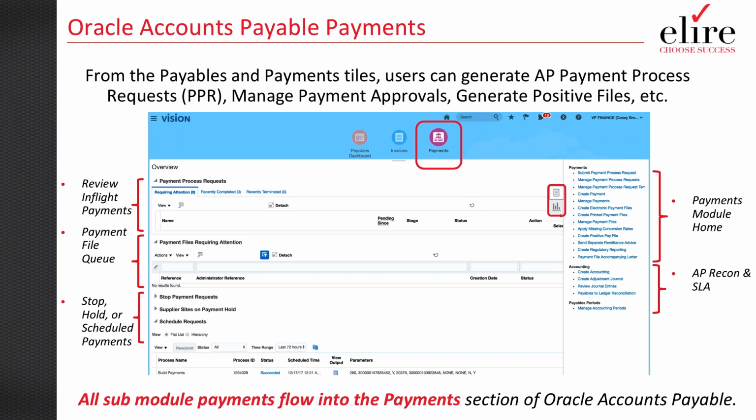The last thing I'll call out is also from here, we can start to see some of the accounting that gets created from the payments that we're creating, both from payables and from cash. And then the associated accounting also rolls us into the whole concept of being able to reconcile our system-side transactions against some of the bank statements that we're processing, which we'll talk about towards the end of the webinar.